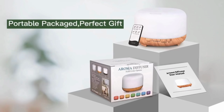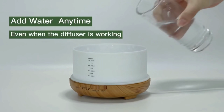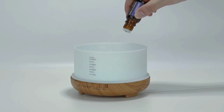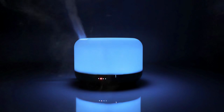Number 6. Introducing the 500 milliliters Aroma Diffuser with a beautiful wood grain finish. This essential oil aromatherapy diffuser is perfect for your home or office. With a water storage capacity of 300 milliliters and a power output of 5 W, it ensures silent humidification and